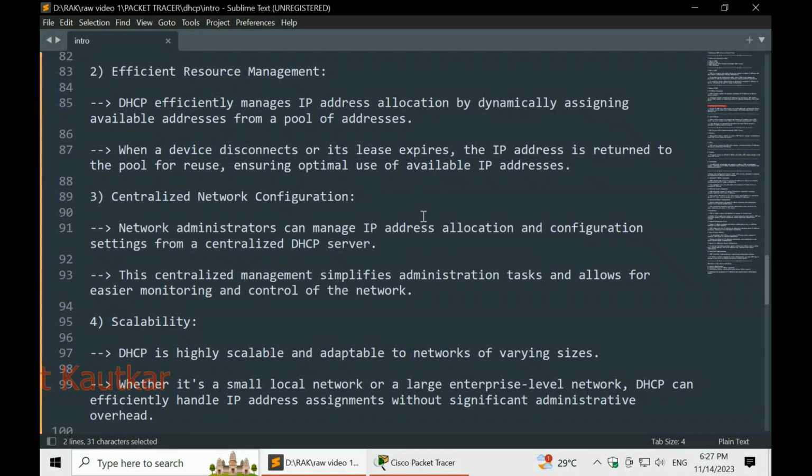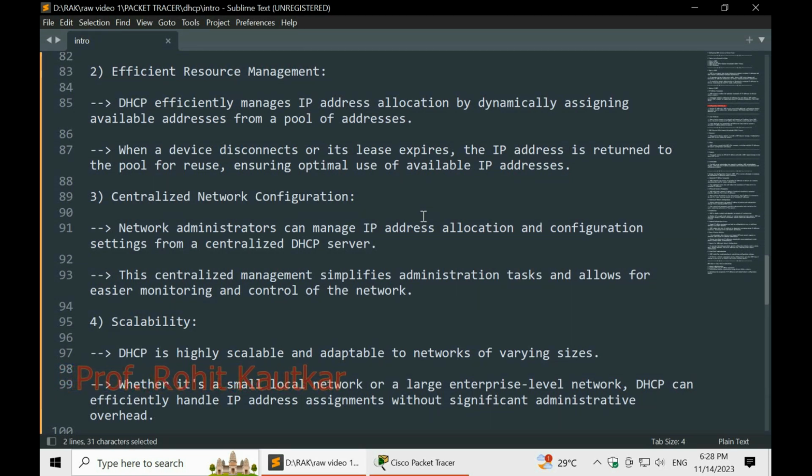From that range only, the DHCP server will assign IP addresses to its DHCP clients. Whenever a DHCP client gets disconnected or its lease expires, that assigned IP address will be returned back to the pool of the DHCP server so it can be reused with another device.